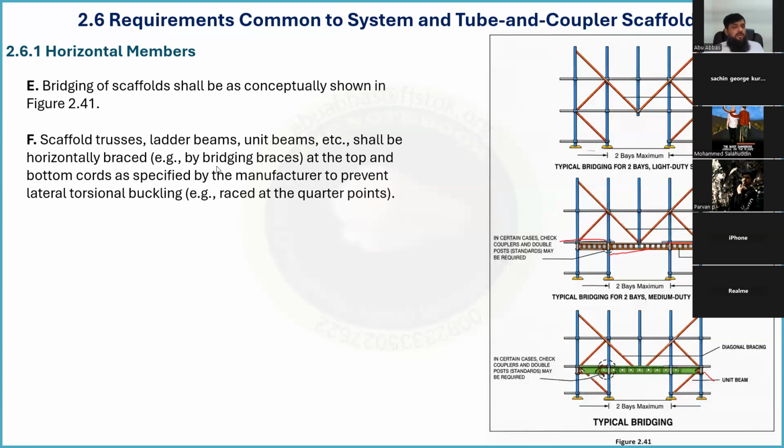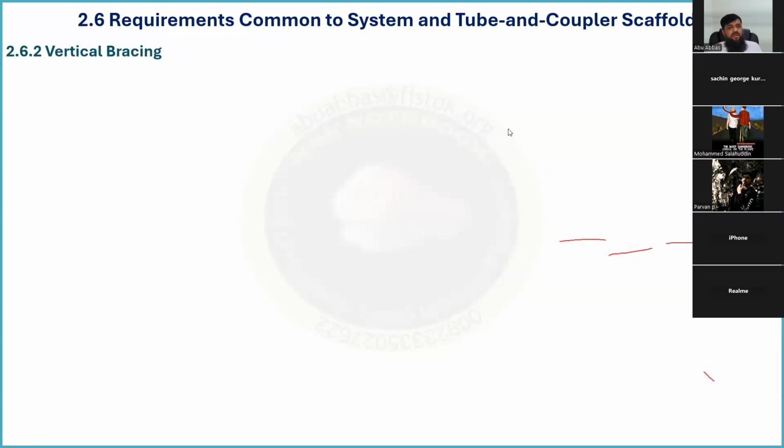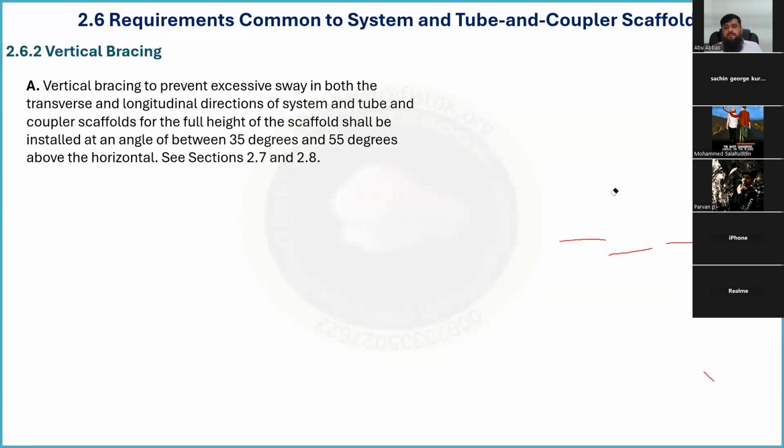We must provide bridging braces at the top and bottom chords as specified by the manufacturer to prevent lateral torsional buckling. Lateral buckling or torsional buckling, at the quarter point. Okay. So again, as per manufacturer, जो बीम लेडर बीम का मैन्युफैक्चर है उस हिसाब से, अगर सिस्टम्स का फोल्ड है तो जो डिजाइन वो दे रहे हैं उस हिसाब से. वर्टिकल ब्रेसिंग,